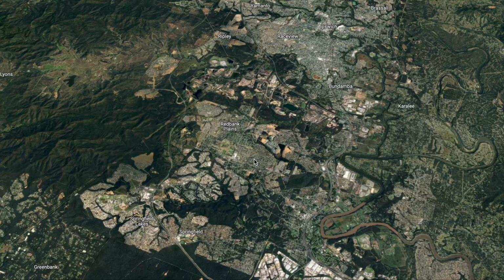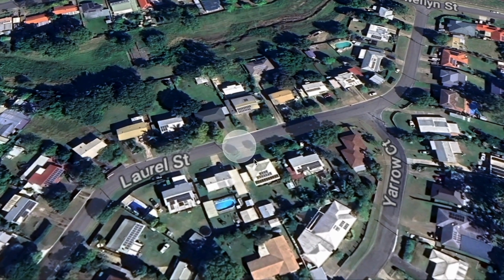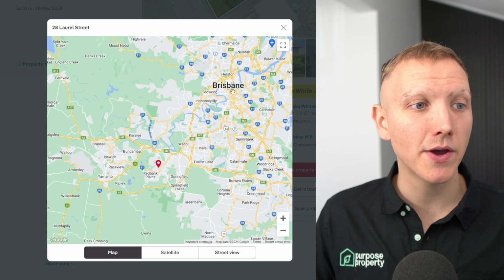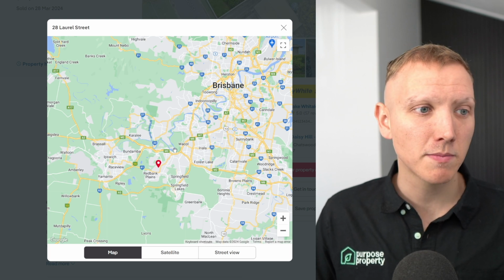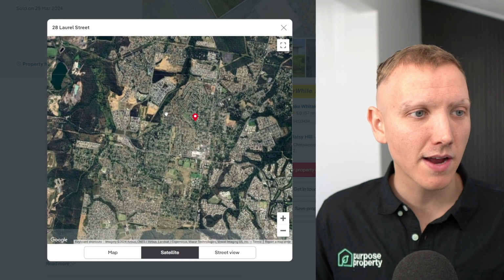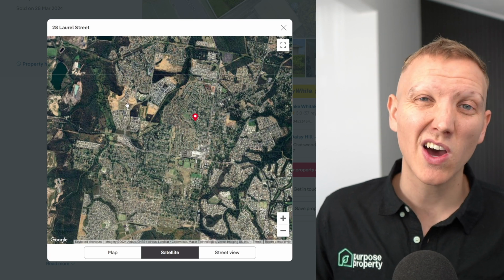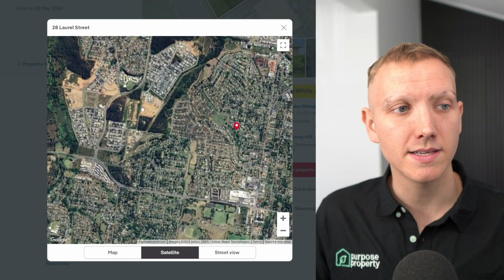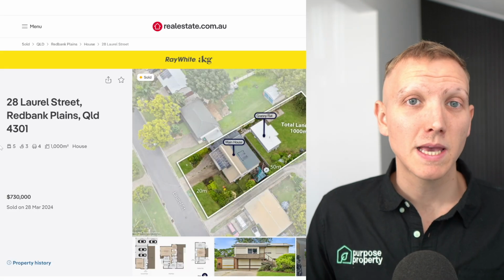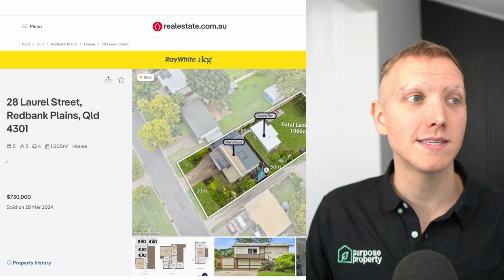This property is located at 28 Laurel Street in Red Bank Plains, which is actually in Ipswich City Council. If you take a look at the map on screen, you can see Brisbane where my cursor is. Now roughly 25 kilometres as the crow flies, you have Red Bank Plains. If you look at the satellite view, you can see there are some areas in Red Bank Plains that are being subdivided. But these blocks are generally on 350 to 400 square metres. Yes, they're going to be newer houses, but they're on those tiny little lots. Whereas Sam was able to pick up a 1,000 square metre block with 5-bed, 3-bath, 4 car spaces, and he purchased it for